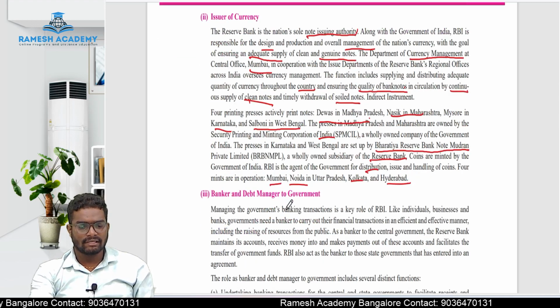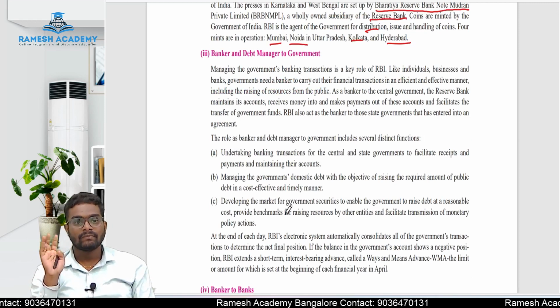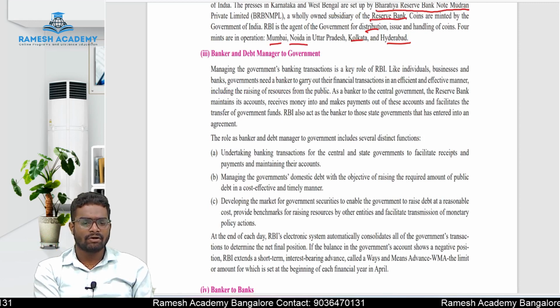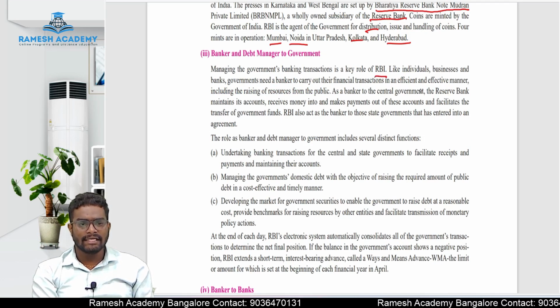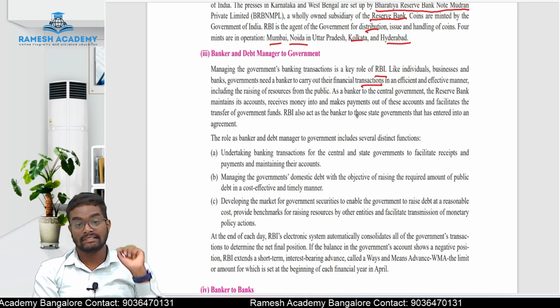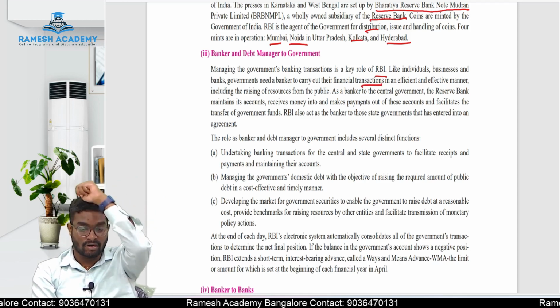So, banker and debt manager to the government. Every transaction of the government is routed through RBI. Managing the government's banking transactions is a key role of RBI. Like individuals, businesses and banks, governments need a banker to carry out financial transactions. What are the financial transactions? They give subsidy, they give pension, they transfer amounts for contractors